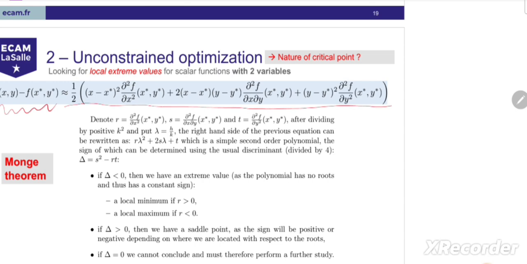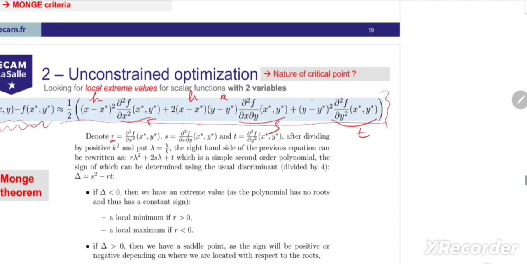So we only have the order 2 term, and then the small o makes the sign of this expression the same as the sign of that second order term. One way to study that is to use these notations: call that R, call that S, and call that T. We really have something like, and so we define H would be this stuff, that's HK, and that would be K square, K,